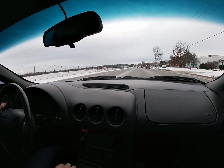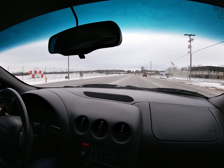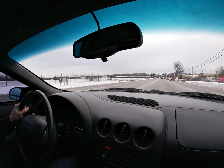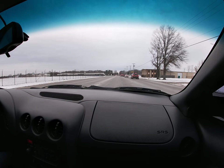And this is just a very nice 1995 Pontiac Trans Am, and it runs and drives as such. I mean, this car is completely unmolested. It has the factory LT1 under the hood that is completely unmodified. This is an original automatic transmission,